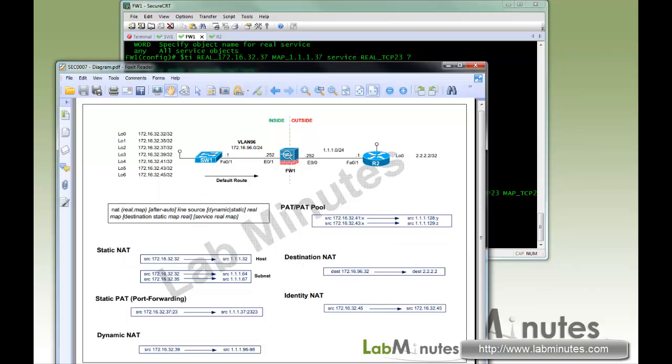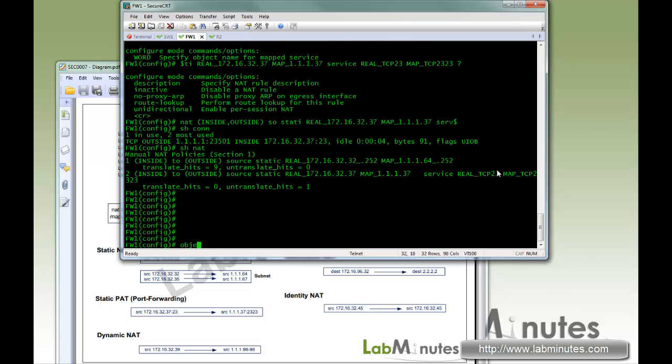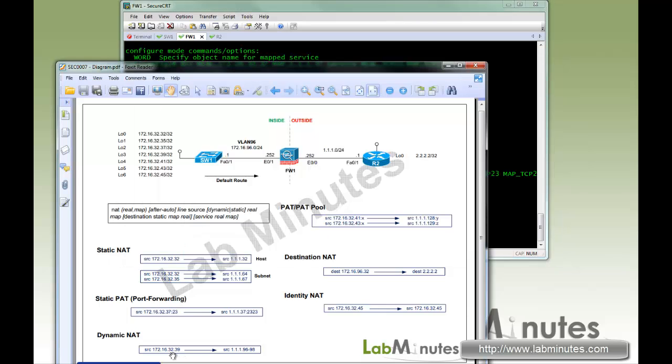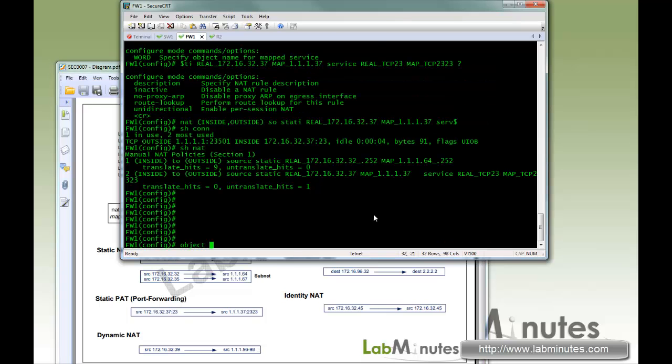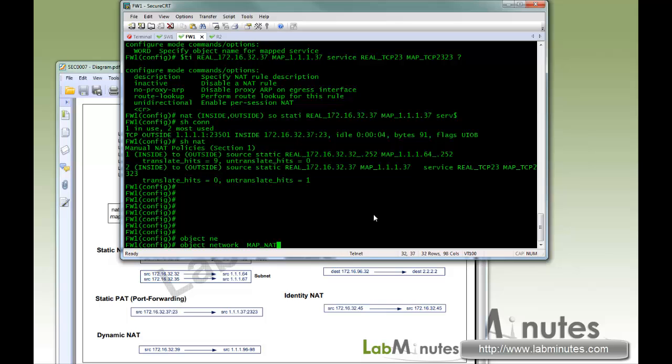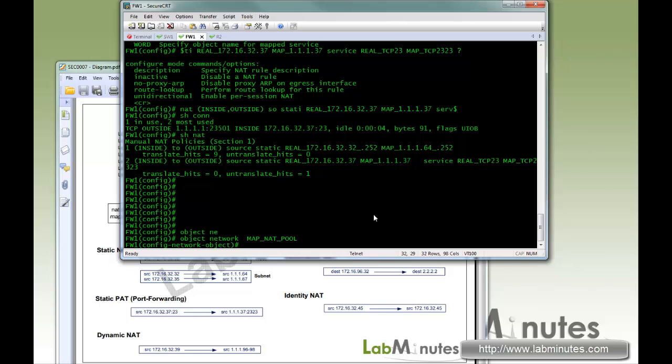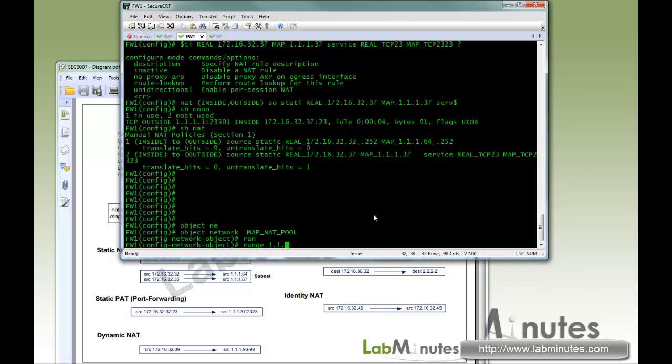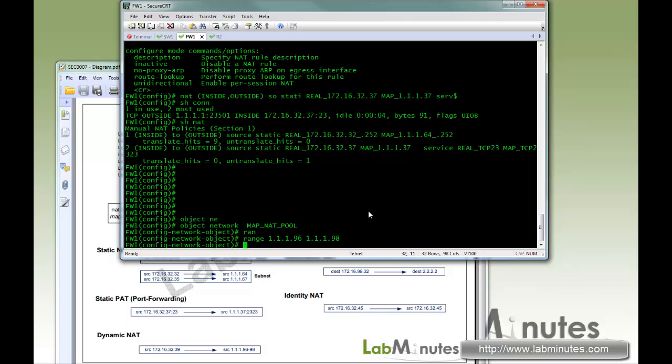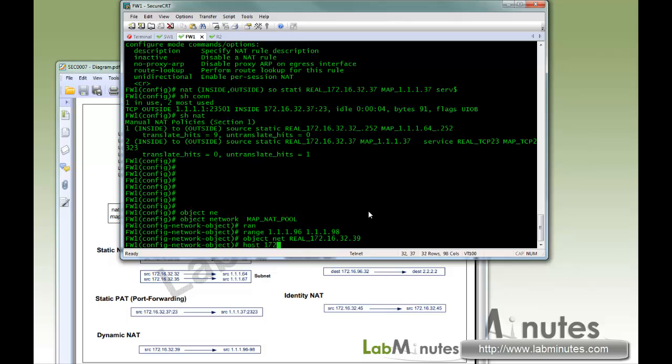Now we're going to do dynamic NAT. Start off with an object. With the dynamic NAT, we're going to use 32.39 as a test IP, and we should be selecting IPs in round robin fashion from the NAT pool of 96 through 98. Here we get a NAT pool with the range of 111.96 to 111.98. With the object network real 39, host 172.16.32.39,